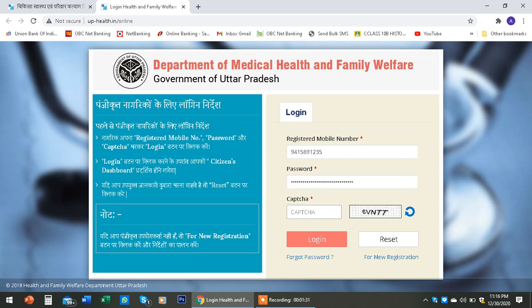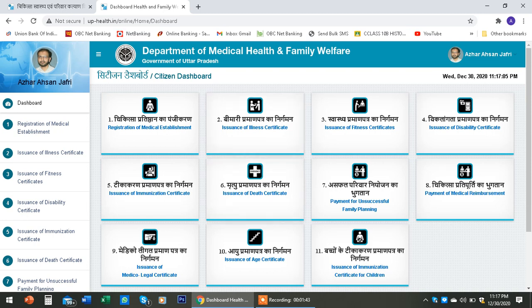I have to enter the CAPTCHA. Now log in. I will reach the citizen dashboard. It caters to 11 things, and these certificates can be obtained from this site of the Department of Medical Health and Family Welfare. We have to go to the registration of medical establishment,